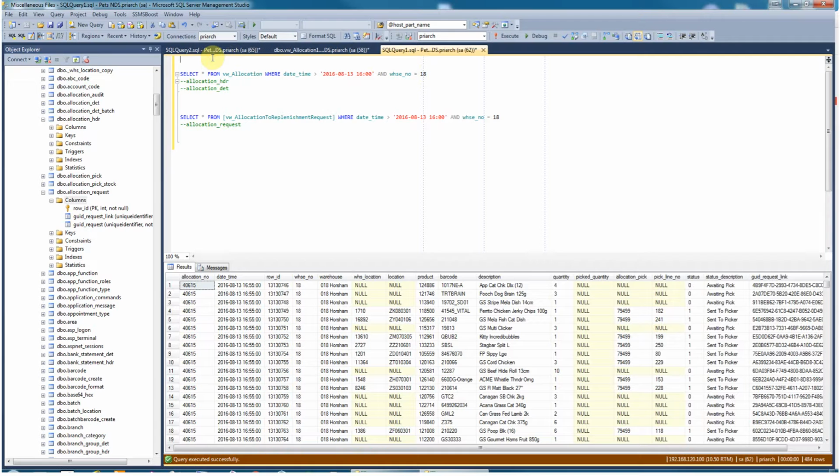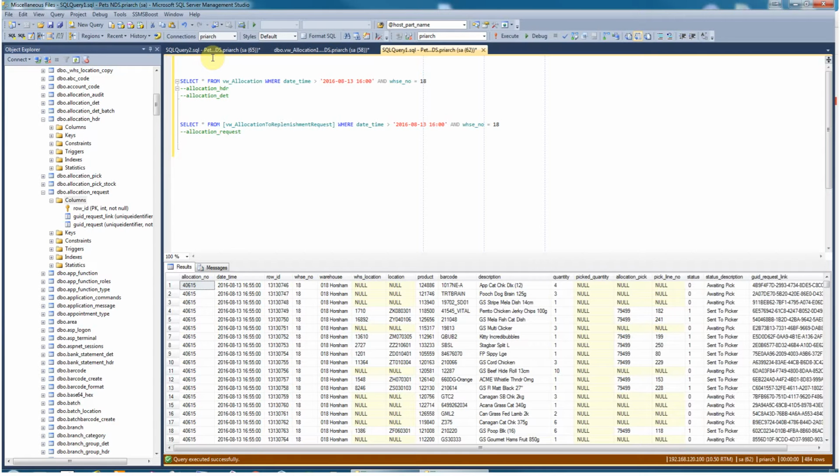So the flow of data to a warehouse is via the replenishment request records. Usually over an afternoon or evening, a store will send a bunch of replenishment records, which at a very basic level are the difference between stock and their minimums, so it's a list of things they want and the quantities they want. And then, as you probably all know, there is a job called Tracks Warehouse Allocation,